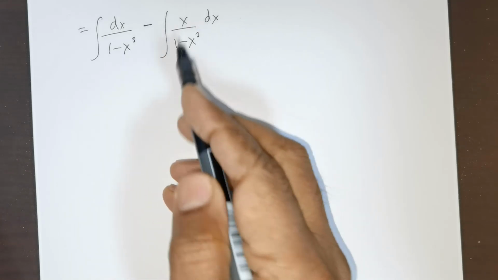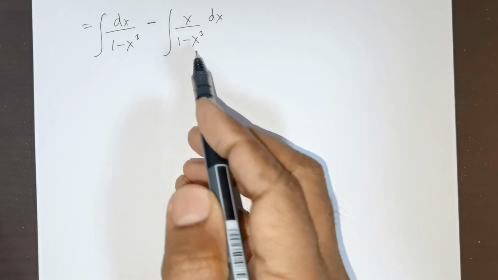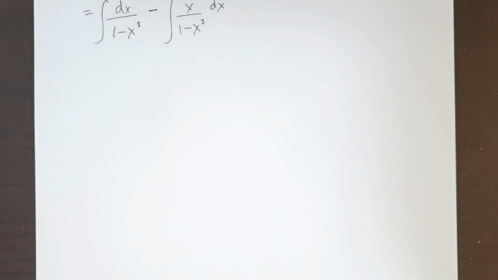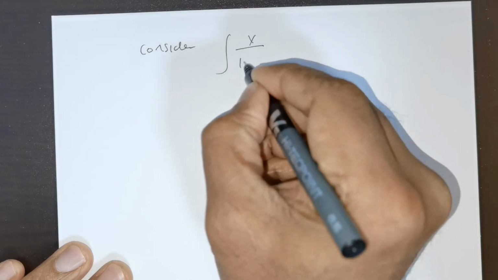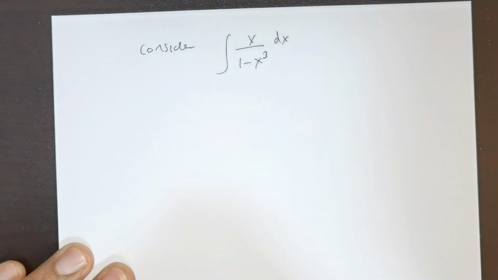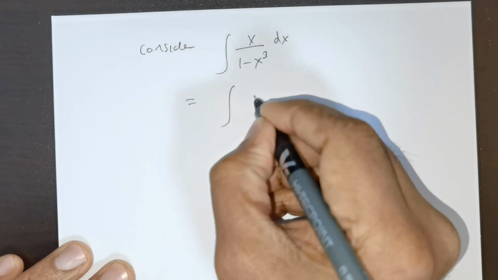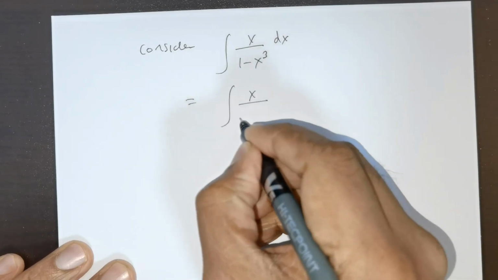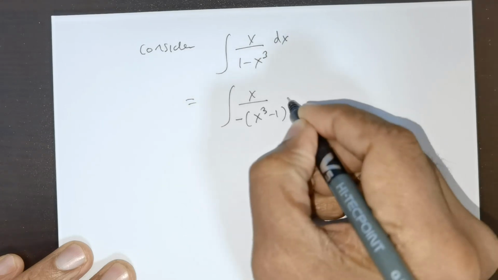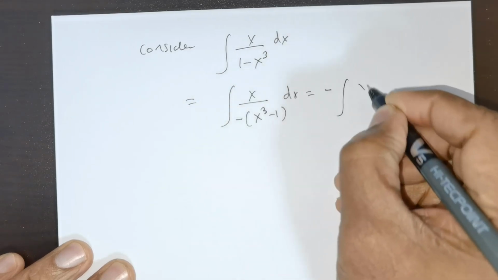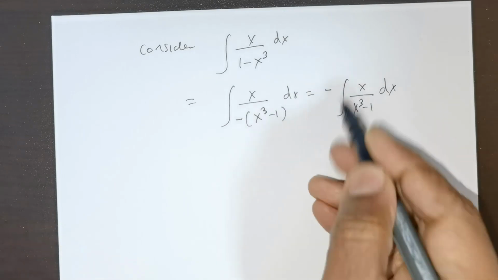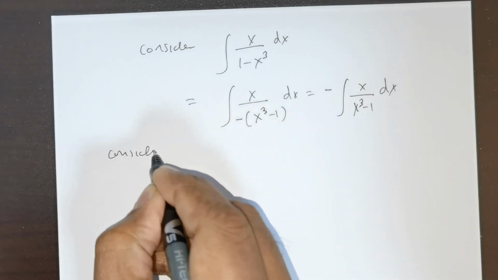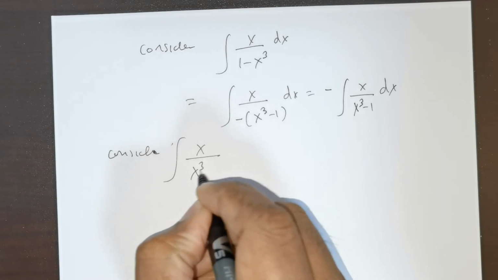Now what I'm going to do is show you how to integrate this particular quantity. For that, let me go to a new page. Consider the integral of x over 1 minus x cubed times dx. Now by linearity I can rewrite this as x over negative of (x cubed minus 1) times dx, which is again rewritten as negative x over x cubed minus 1 times dx. Now let me exclusively consider the integral of x over x cubed minus 1